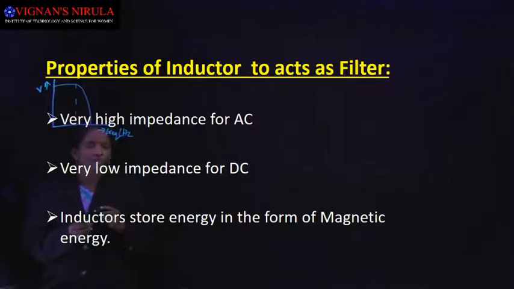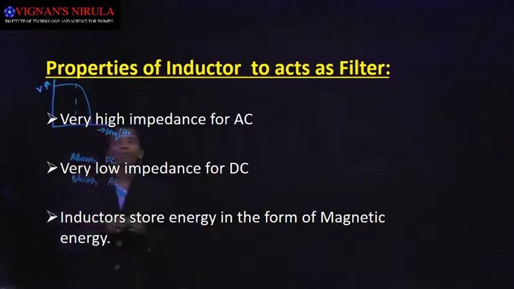Low frequencies means it allows the DC component. The inductor allows the DC component and blocks the AC component. That means it allows low frequencies and rejects high frequencies. If you see the frequency band diagram, it allows low frequencies and rejects high frequencies. The high frequency component is the AC component, so it blocks the AC component